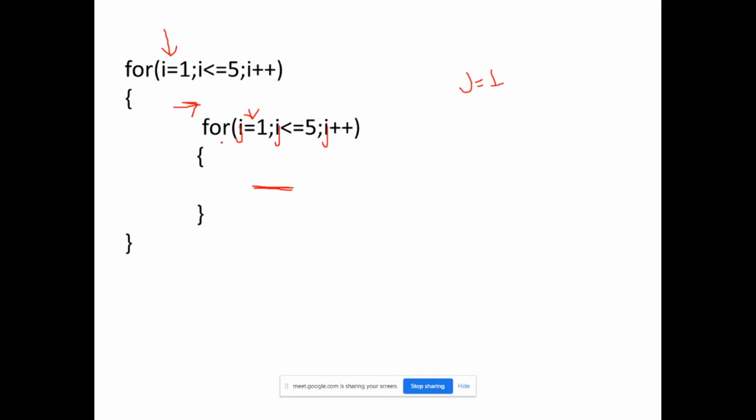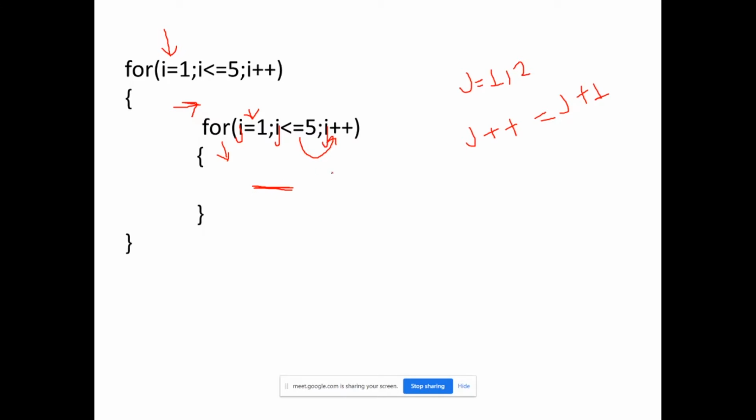Then it will go to the increment part, j plus plus, which means j plus 1, so the j value will be 2.